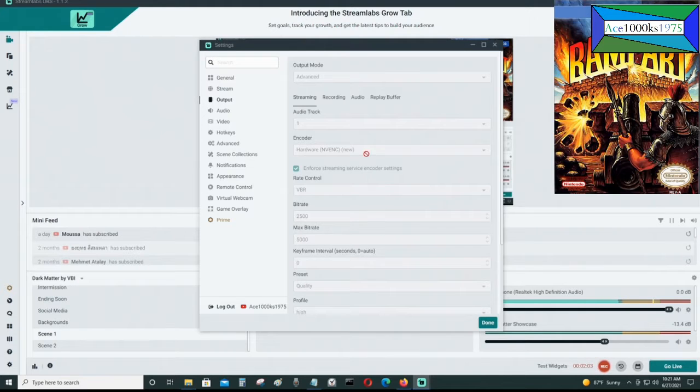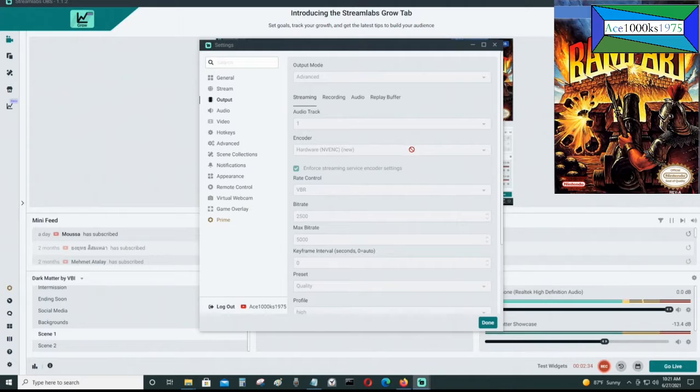For me, for the encoder, I'm using NVENC because this is optimized for NVIDIA video cards, and on this computer I have a GeForce GTX 970 4GB video card in this computer, so that's why I'm using NVENC. But you could also use